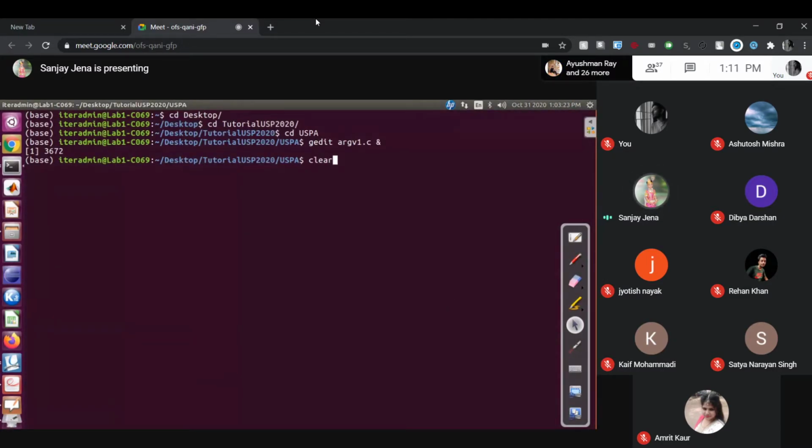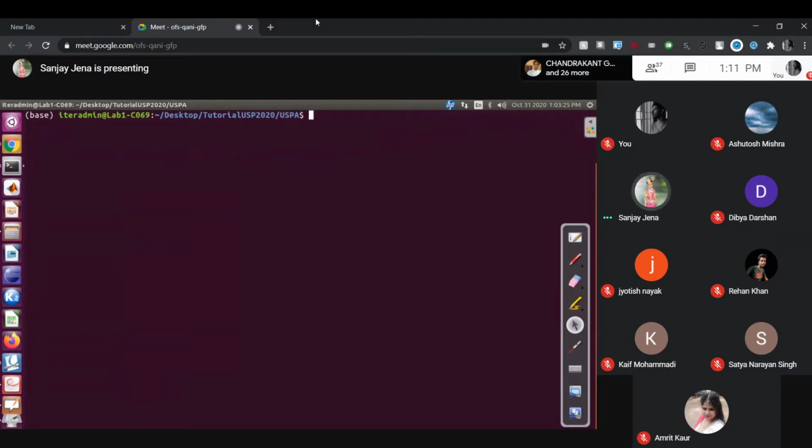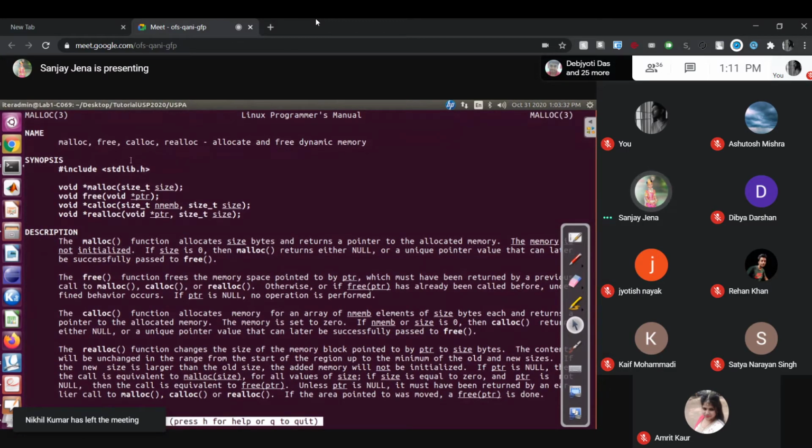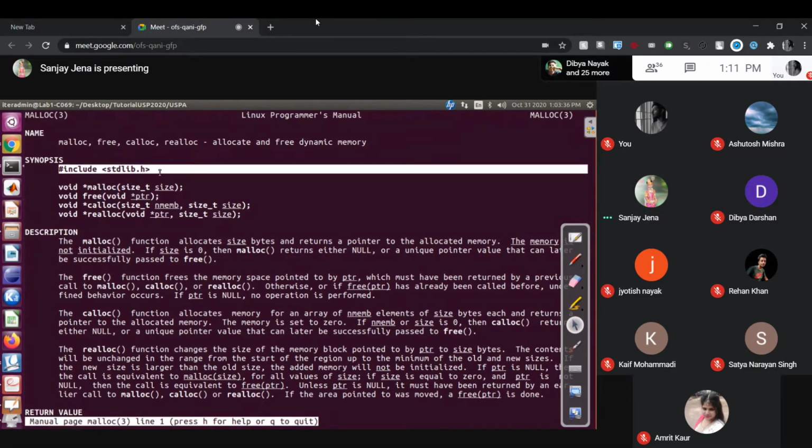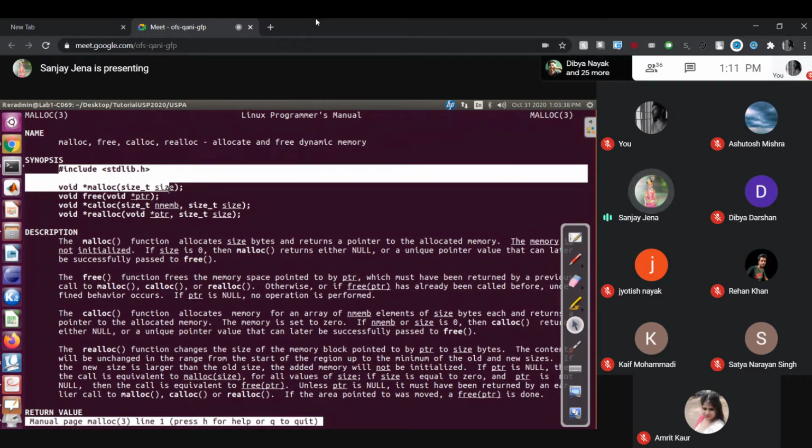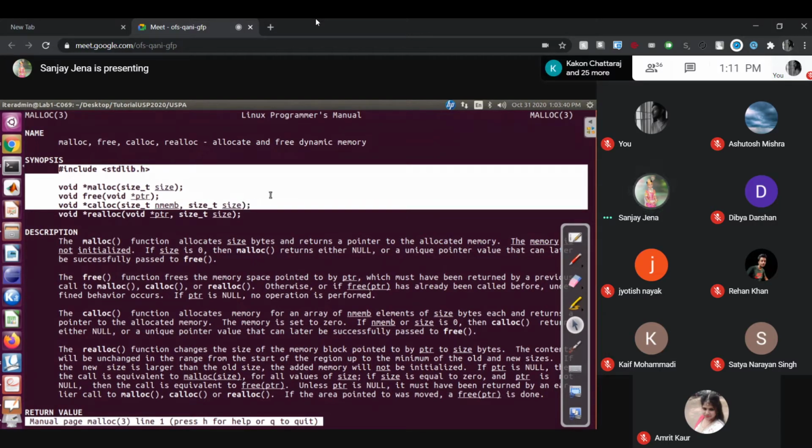Here, all of you please write the function signature. Man malloc. Right? Header file stdlib.h. malloc, calloc. These 3 lines you write it. Rest of the description you have to read whenever you have time. Jaldi jaldi, be quick.